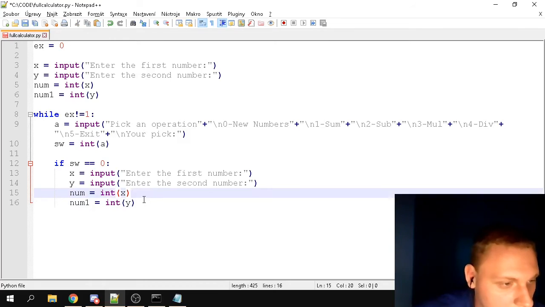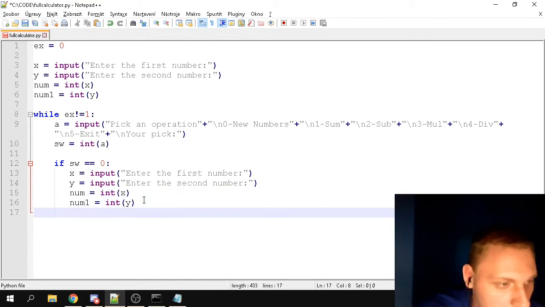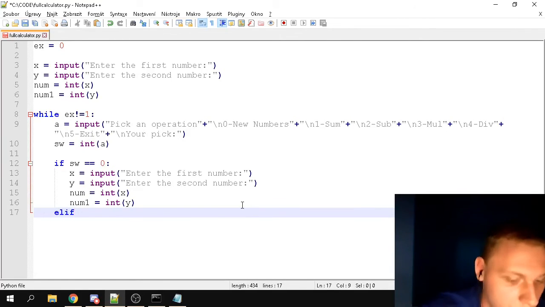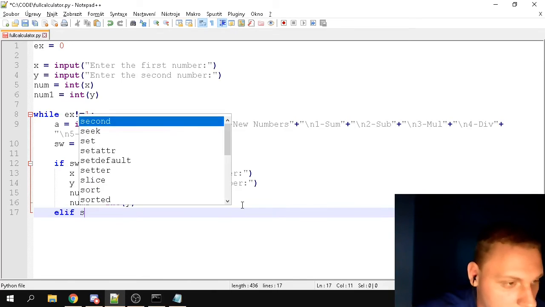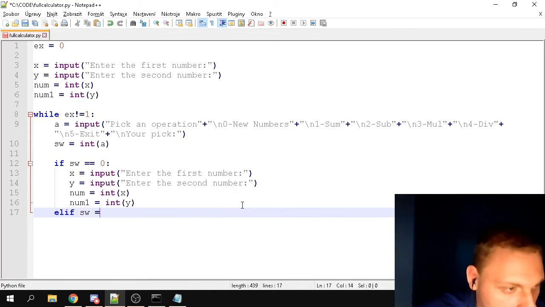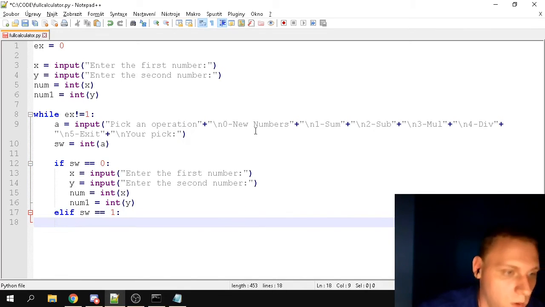Next, we're going to figure out a way of how we're going to do addition. To do addition in Python, we're going to create another variable. This variable will store the result of our calculations. So now we're going to use the elif statement. So elif SW equals 1. So essentially, if the user picks the option 1, which is the sum of both of our numbers, then we're going to do that res